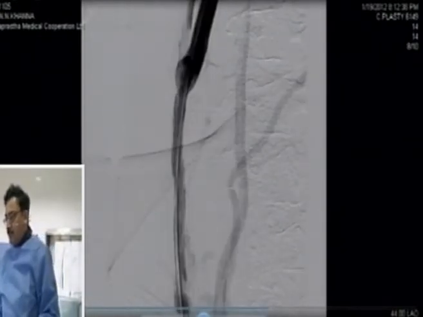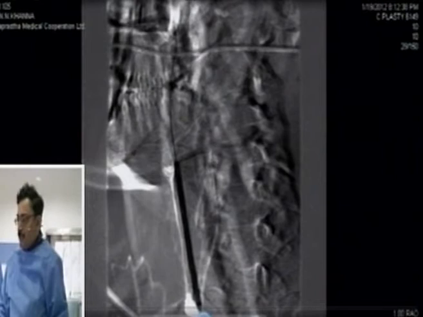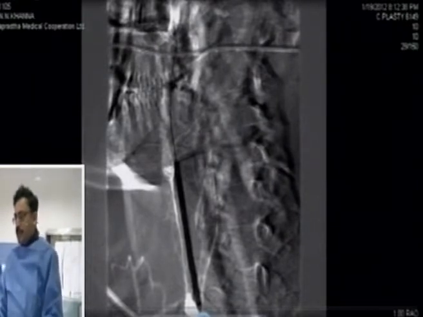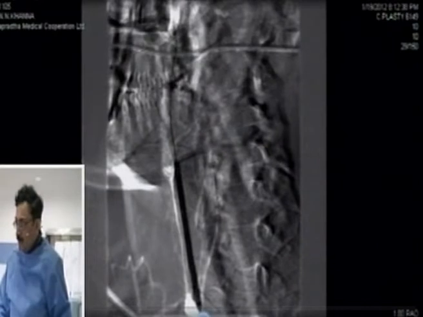Okay, so on a road map, go minus, I think you jumped. So what we did, we dilated the lesion with a 5 millimeter by 120 millimeter balloon from Invatec, which is an Amphiron balloon. Now this balloon is very good. It is very low profile. It's hydrophilic. It's used more for below knee, but even for carotid and subclavian occlusion, it works very well.